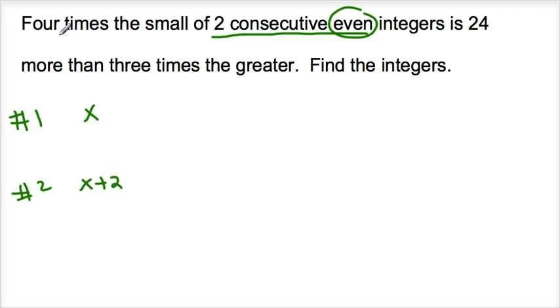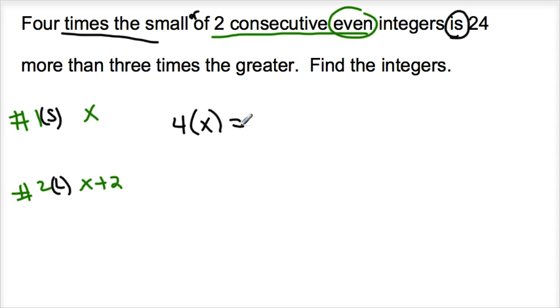Okay, so it says 4 times the smaller. Should be an ER there. It's 4 times the smaller. Which one of these is the smaller or larger? The x is my smaller, the x plus 2 is my larger, so 4 times the smaller of 2 consecutive even integers is, I'm going to stop there, so 4 times the smaller, so 4 times x is 24 more,